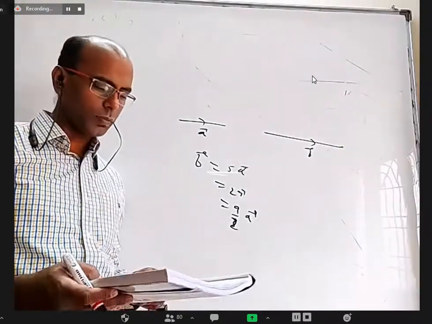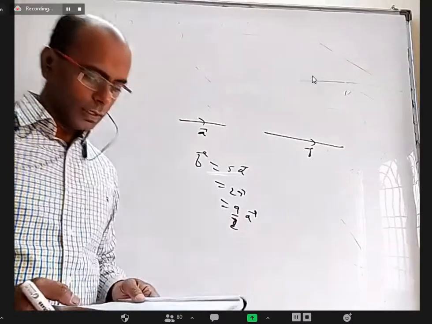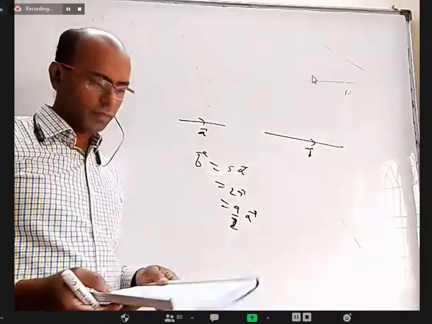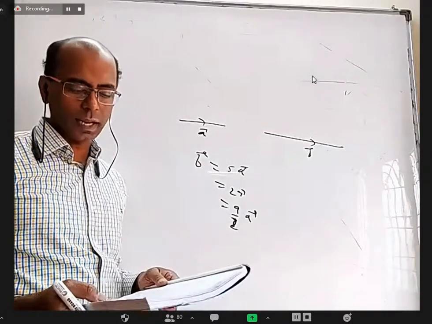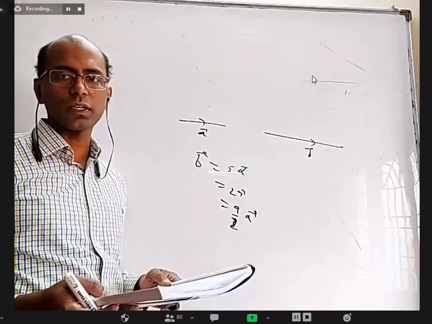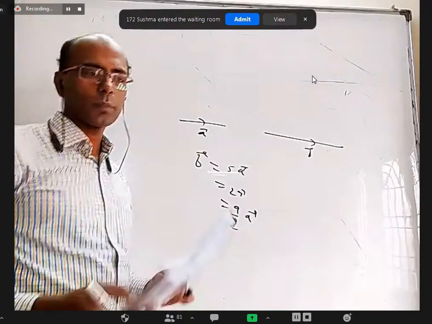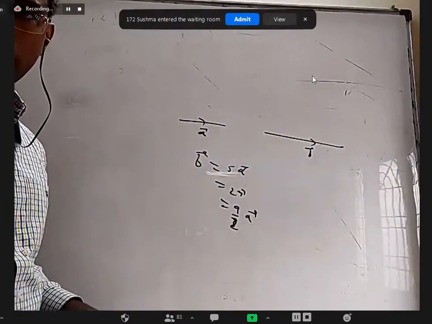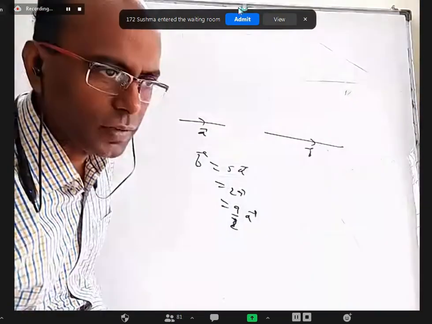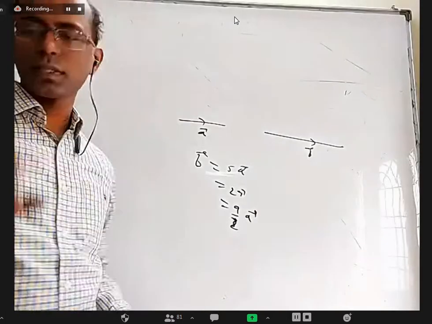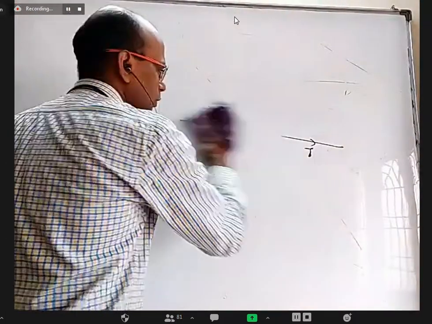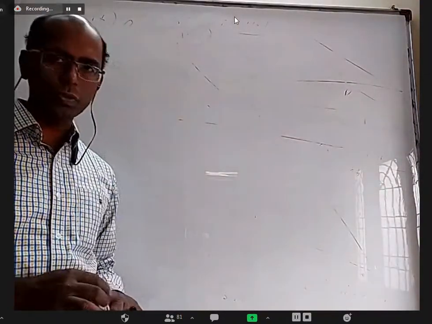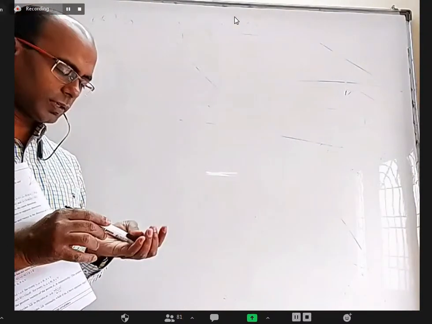First point. What is the next, Roman 1? That A bar is a non-zero, not null vector. Vectors A bar and B bar are collinear if and only if there exists a lambda, a real number, such that B bar equal to lambda A bar. So whenever two vectors are parallel, definitely you can write one vector as a scalar, a real number, into another vector. You don't have to write. As I said, my notes are never complete in your class notes. You have to look at the material.